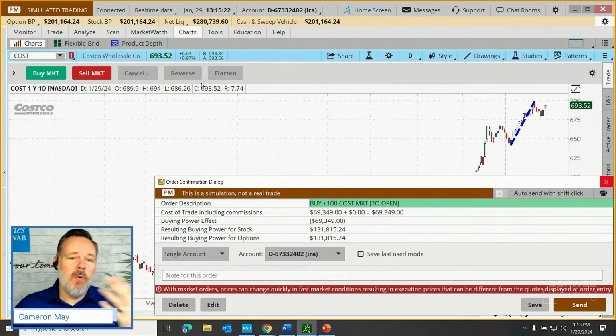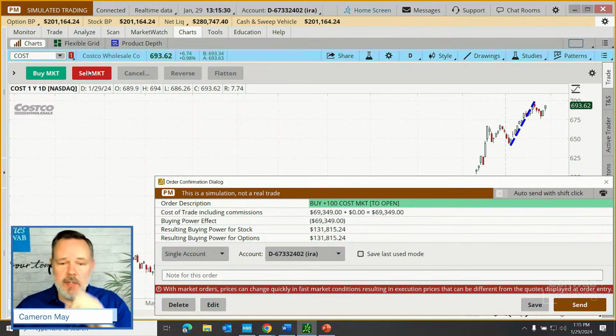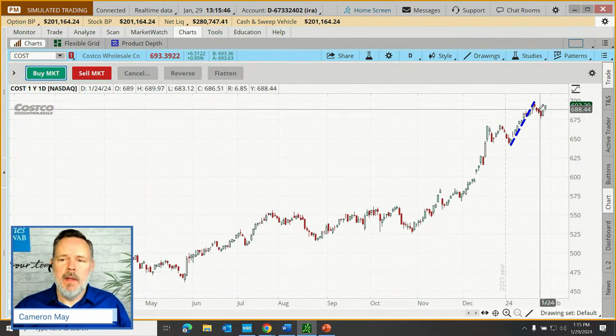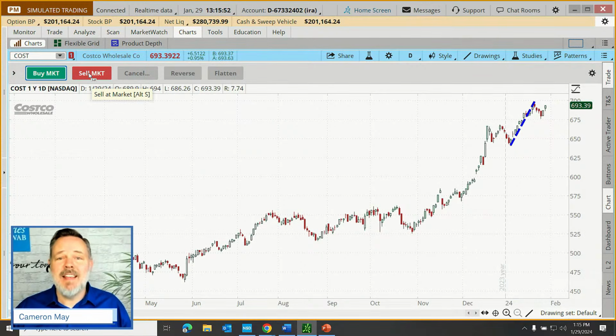Right click, we get the menu, or we can just have this parked up here. It's all trader preference. By the way, I'm not showing you that this is the way that every trader should place their trades. But in any case, I think you get the concept. I don't want to spend too much time on the technical setups for these positions, but a quick way to place that trade, click on the buy order up here, and we can send that off. Or if we're in a position, maybe we're monitoring it to see if we want to sell, we can click on sell right up here. That prepares a market sell order. That's 5 different quick ways to place a trade.